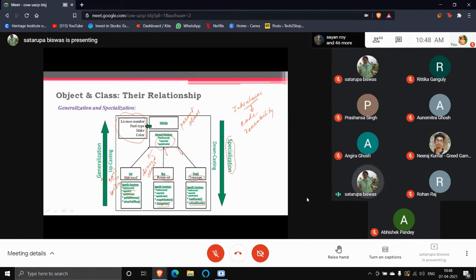So when you are going bottom to up, it is called generalization. And when you are going from top to bottom, it is called specialization. And both of these features are present in the inheritance property.